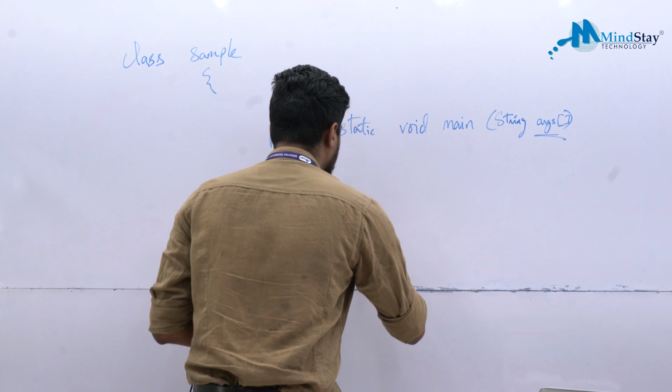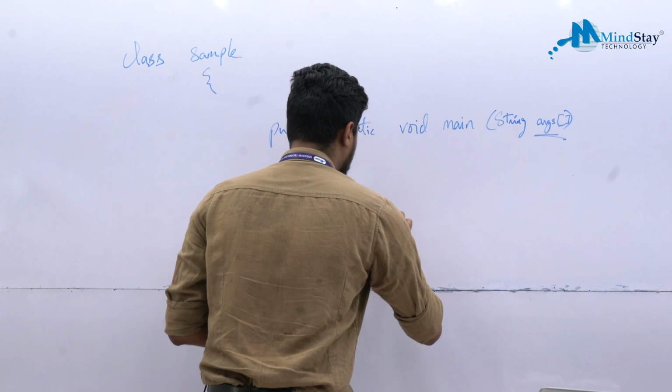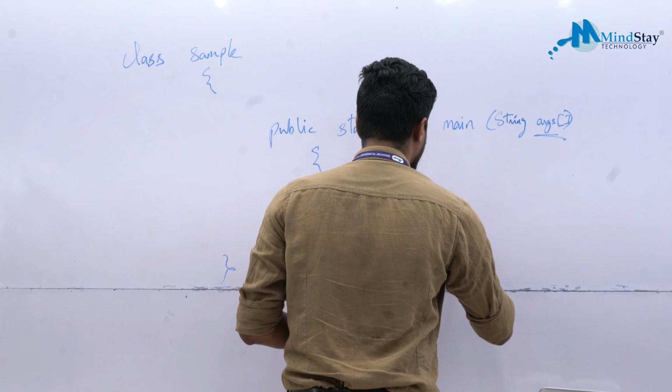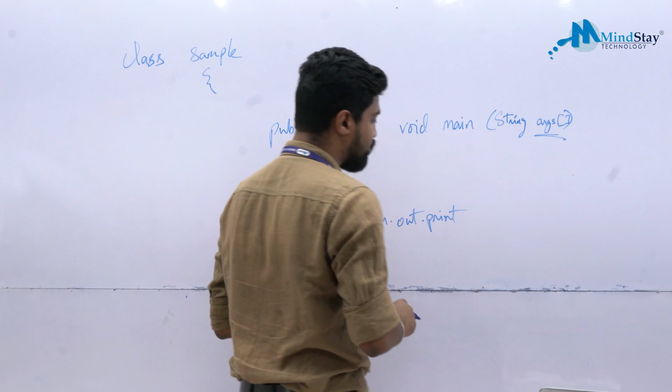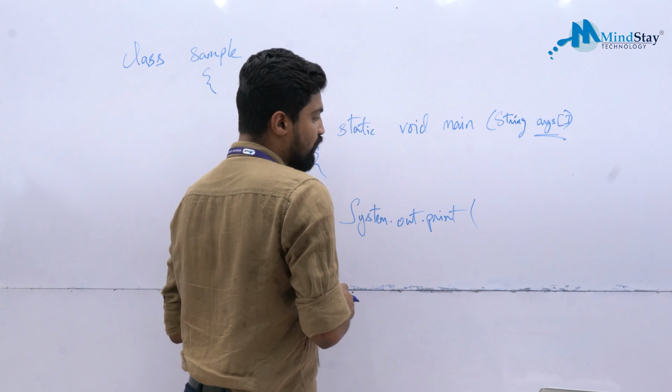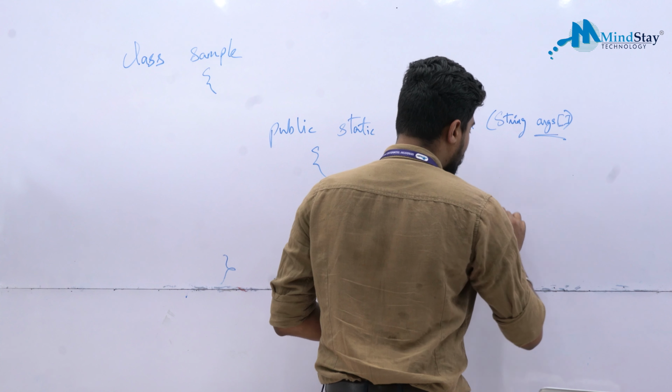So let us say I want to print something. So I'll do system.out.print, and inside this bracket I'll give double quotes and I'll write